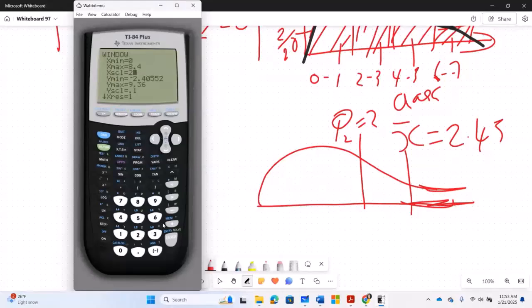Anytime you change something in your window, you do not zoom 9 again, you graph. So I'm going to graph. All right, I have 4 classes. Makes sense. Makes more sense. I can actually ask my calculator to give me the